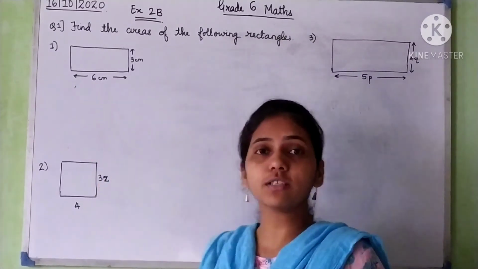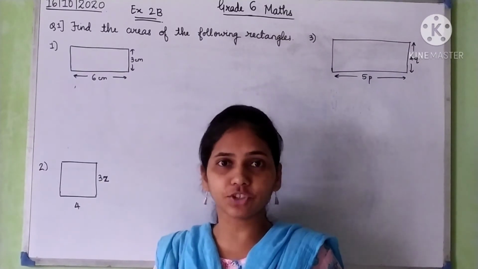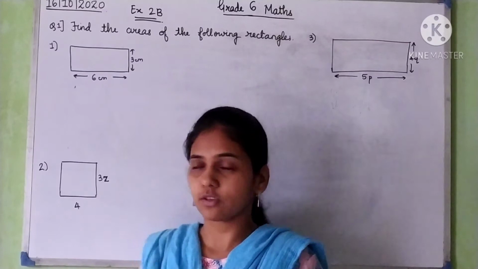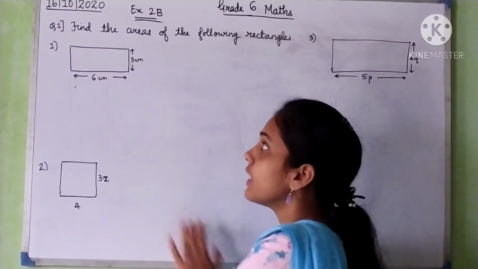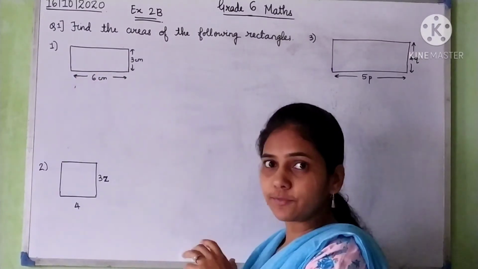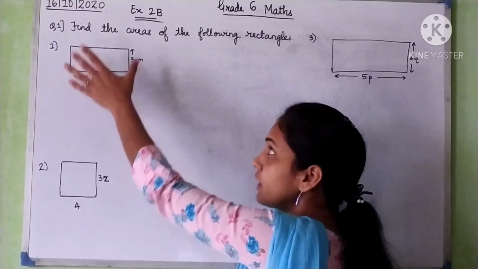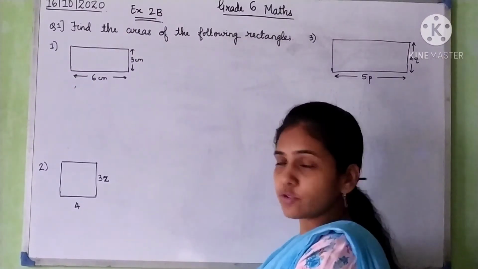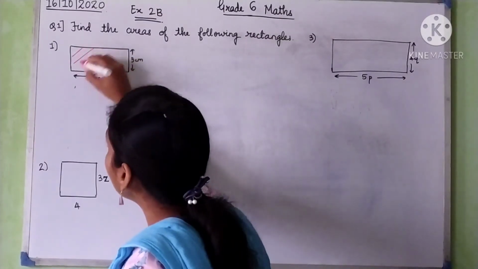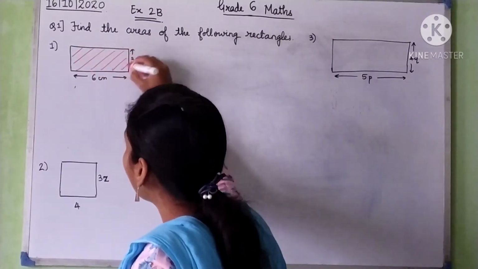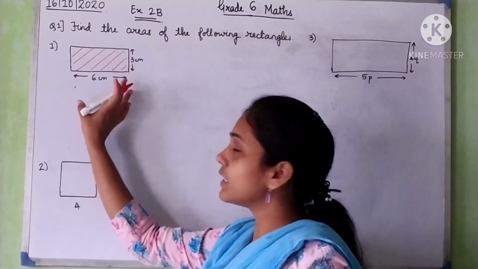Here, first, what is an area? An area means the space covered by that shape of the surface. If I say that the whiteboard is our surface, and this is the first rectangle given to us, how much space is this rectangle covering of this total board? It is covering this much space. So this will be the area of this rectangle.